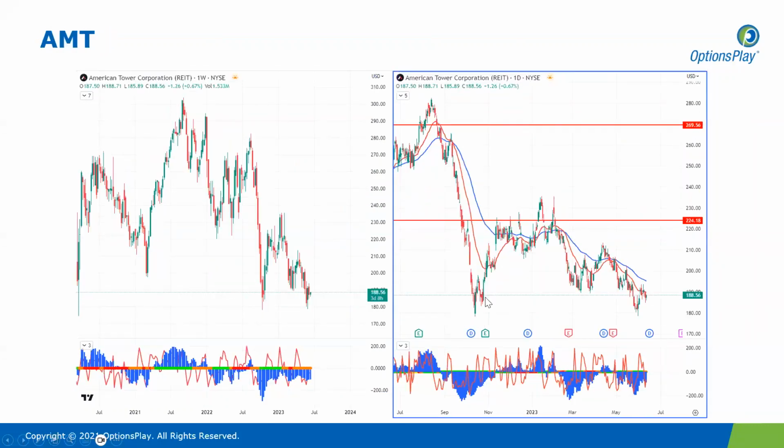Taking a look at another idea that I have for you today, and that's AMT, which is American Tower Corporation. So this is a bullish idea, and we're playing off 180 major support. This is the pandemic lows, as well as on the weekly time frame, price forming a double bottom, which provides an excellent risk reward bullish entry point. So far, price is respecting 180. We saw an initial move higher, followed by a bit of a pullback lower. But overall, I view this as a pullback as opposed to a reversal.